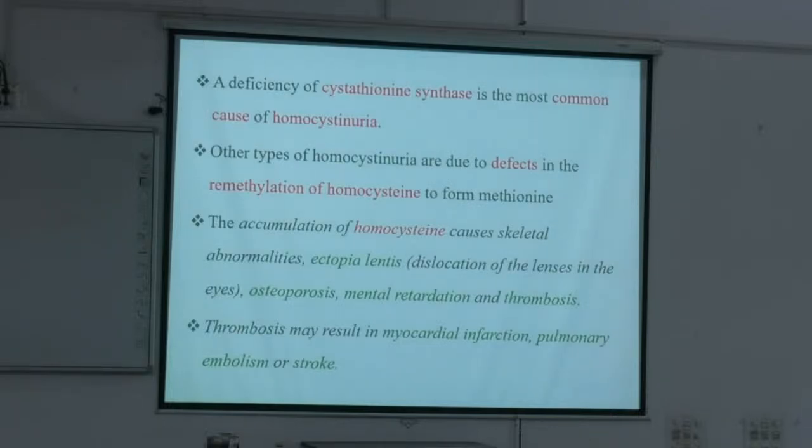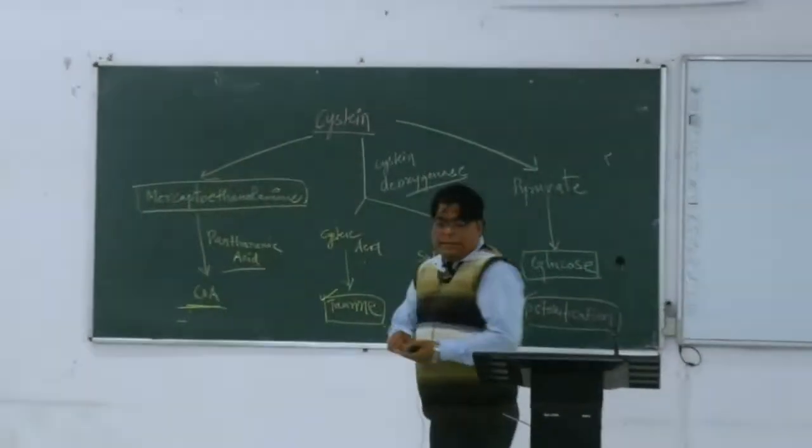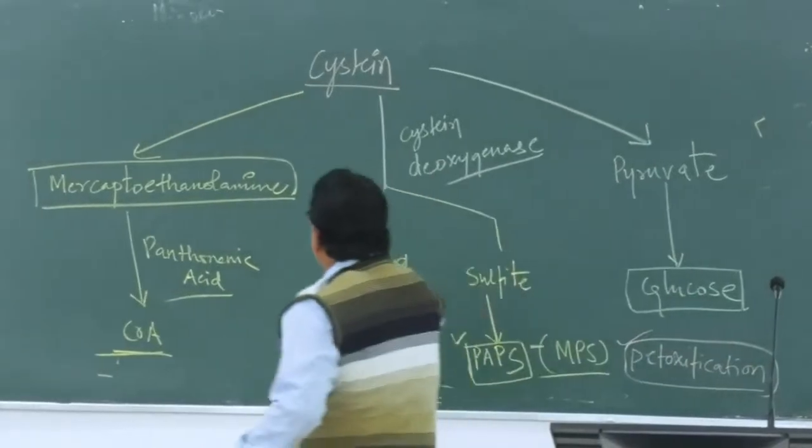Now this is a major important slide showing the symptoms which arise from the accumulation of homocysteine. These are ectopia lentis, dislocation of the lenses in the eye, the first and major symptom. It also causes osteoporosis, mental retardation, and thrombosis. Directly, student, basically in homocystinuria,